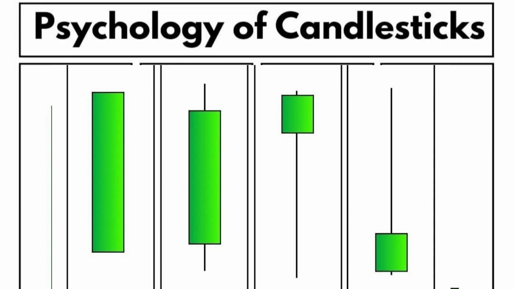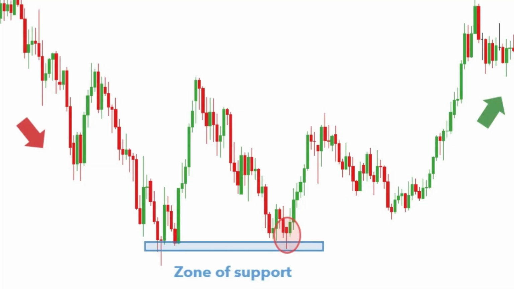In this video, I am going to explain why it is important to understand the psychology of a candlestick pattern and how a candlestick pattern is created. It is very important to understand that not all candlestick patterns are necessary. For example, if the market is approaching the support zone, then there are only two candlestick patterns you need to follow. There are multiple candlesticks, I'm not denying that fact. But if you understand two candlesticks, one is the hammer and one is the bullish engulfing candlestick pattern.